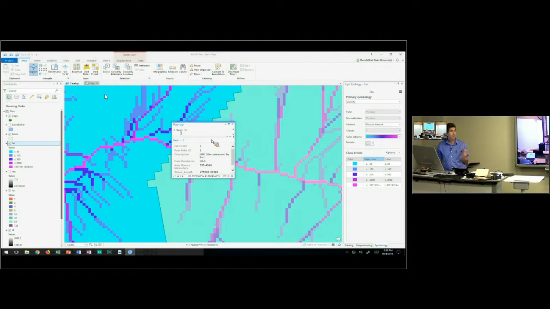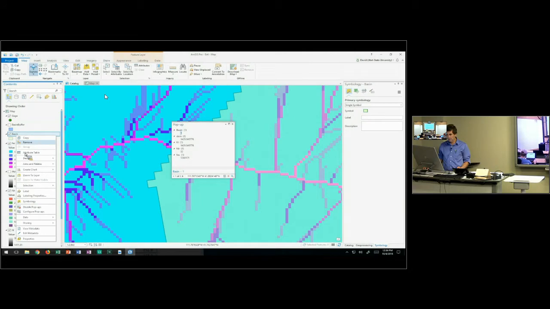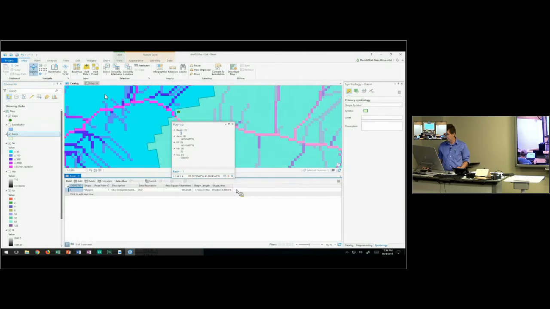Times 10 meters, times 10 meters, you'll get 500 million square meters, which is about 500 square kilometers. You might also look at the attribute table of our basin, and you see its